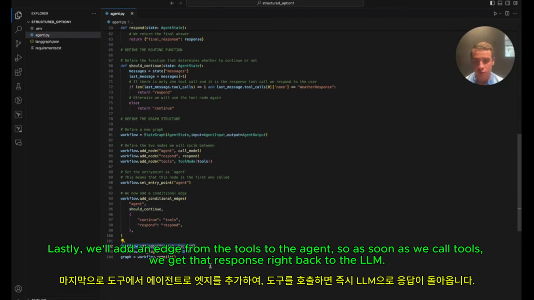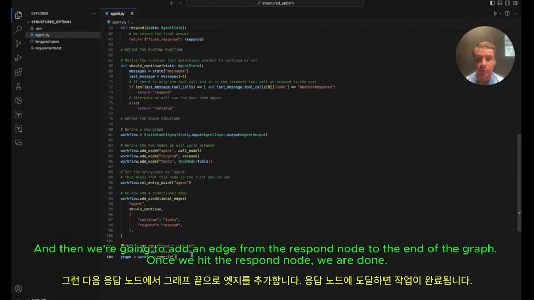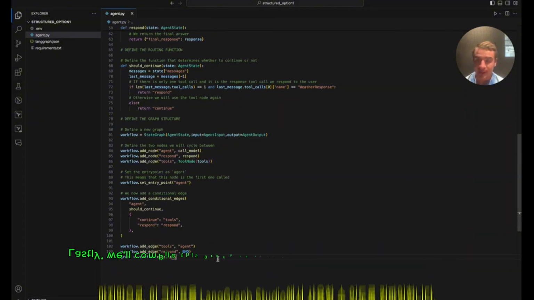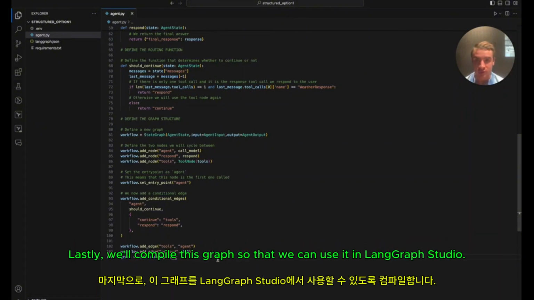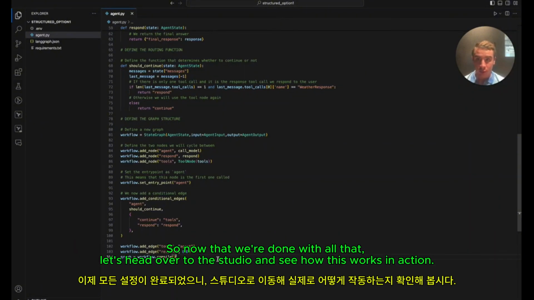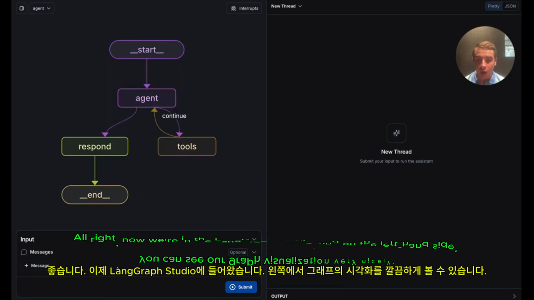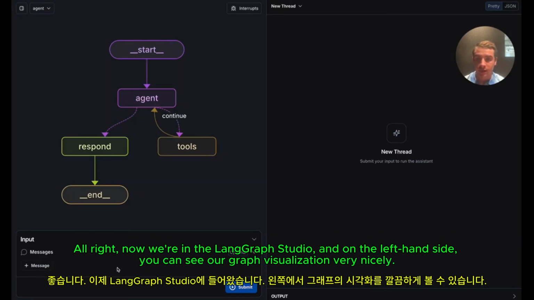So as soon as we call tools, we're going to get that response right back to the LLM. And then we're going to add an edge from the respond node to the end of the graph. Once we hit the respond node, we are done. Lastly, we'll compile this graph so that we can use it in LangGraph Studio. So now that we're done with all that, let's head over to the studio and see how this works in action. All right, now we're in the LangGraph Studio, and on the left-hand side, you can see our graph visualization very nicely,